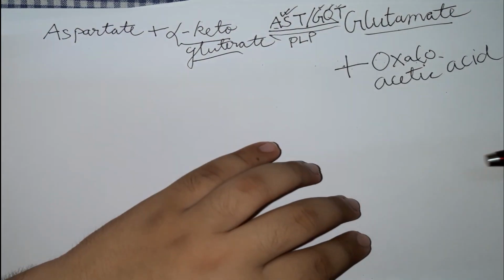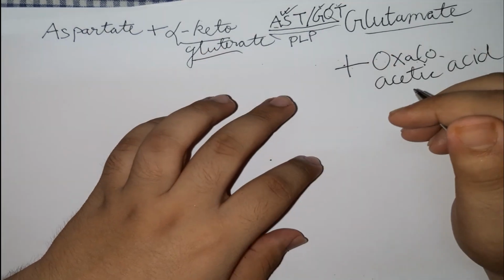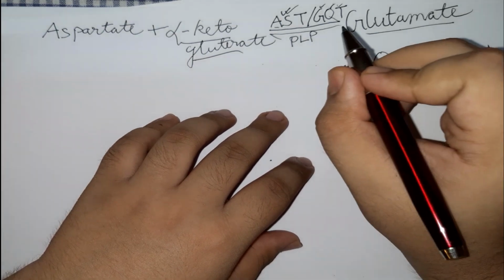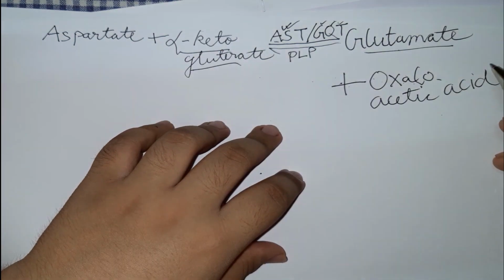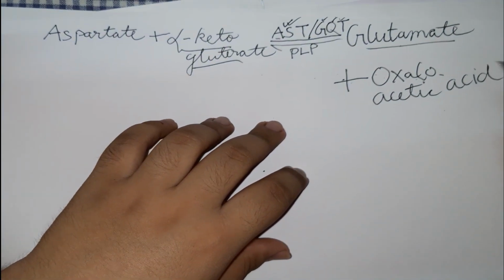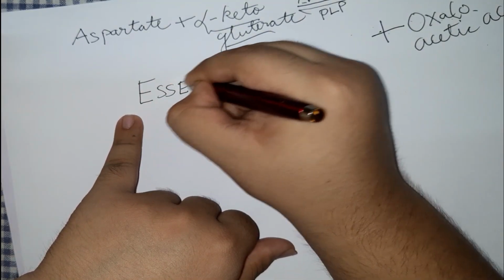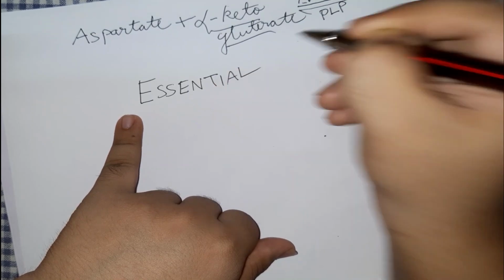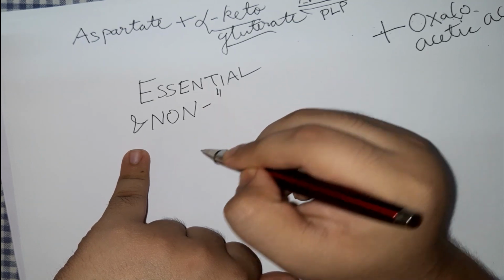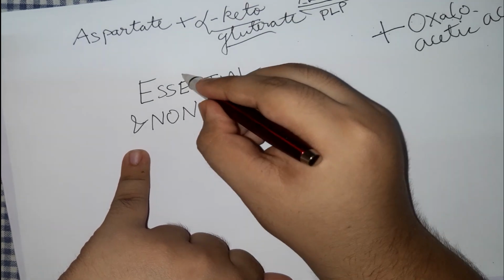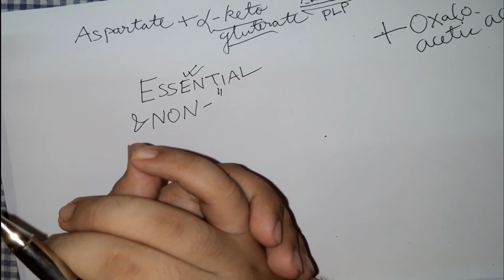Importance. My God, what an amazing thing I've said. A very significant importance lies in the fact that this reaction is reversible. Are you getting what I'm talking about? You see, amino acids can be classified into essential and non-essential, right? Essential amino acids are essential for the body, and non-essential amino acids are not essential for the body,